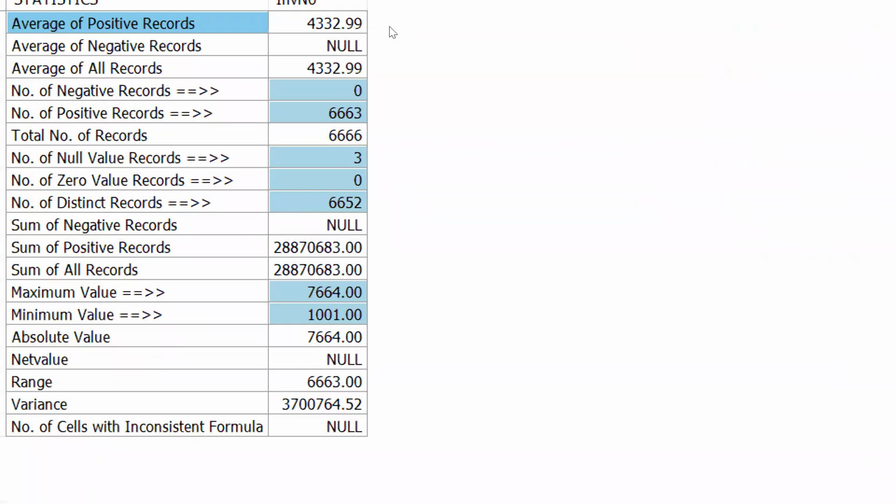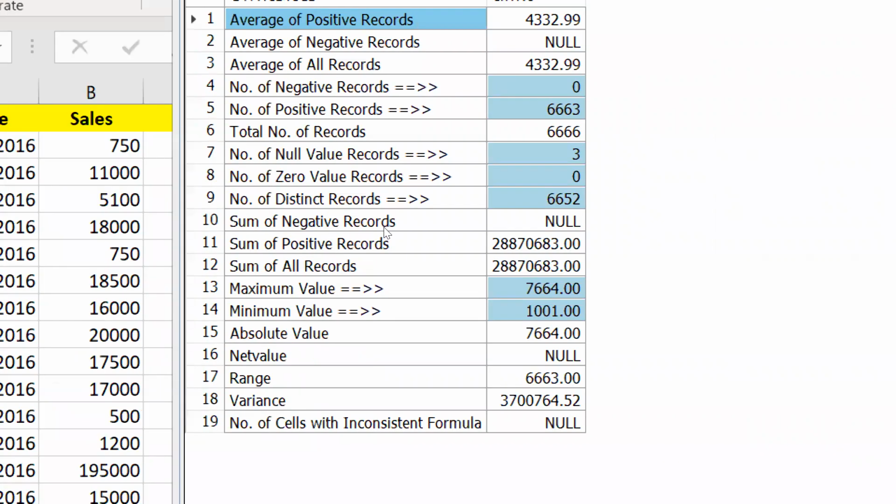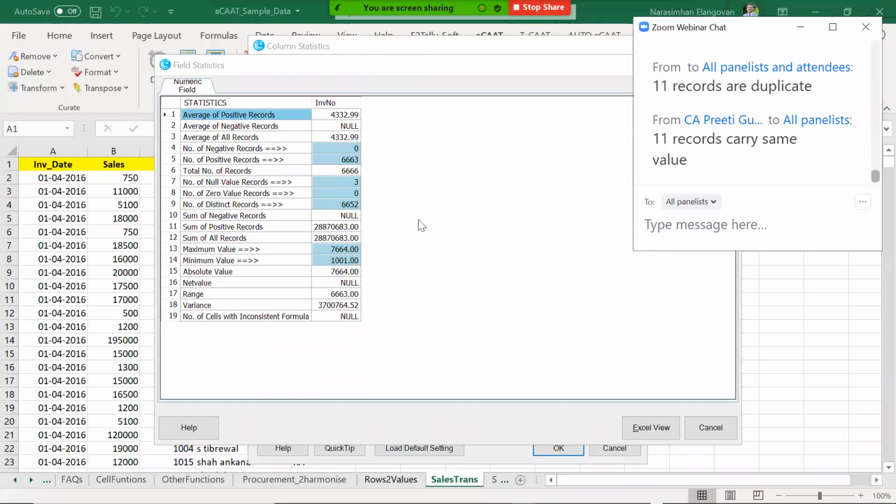Now, don't you think this is going to save so much time for you to just get a profile of what your data is? Correct? So this is what is called the power of analytics. If you have to do the normal method, what will you have to do? You have to choose the entire column, go to conditional formatting, highlight duplicates, filter duplicates. My goodness, so much time it takes. But if you are doing this in a click of a button, you will get the entire thought process.